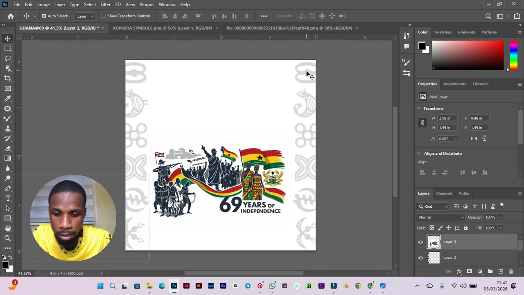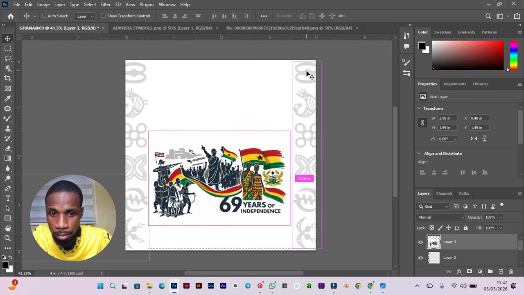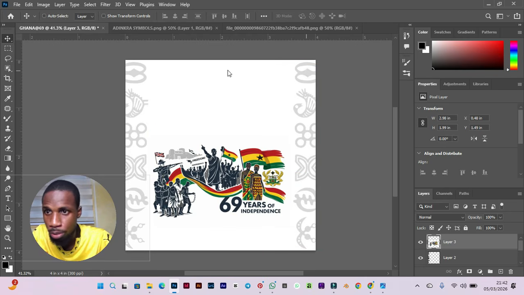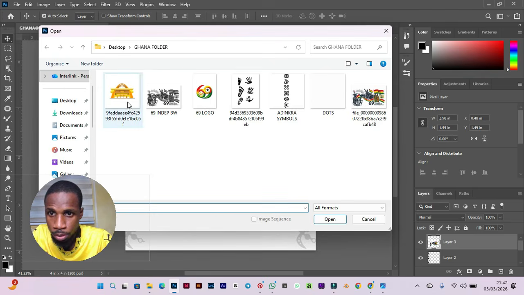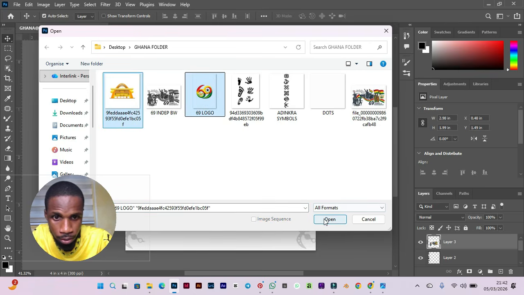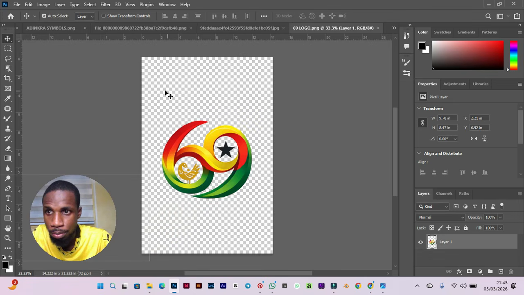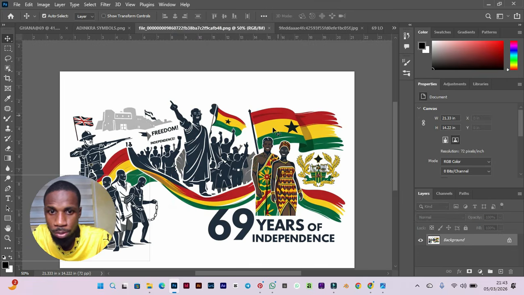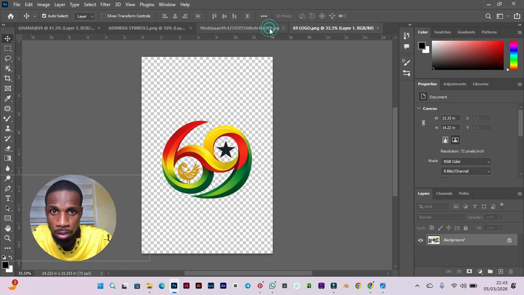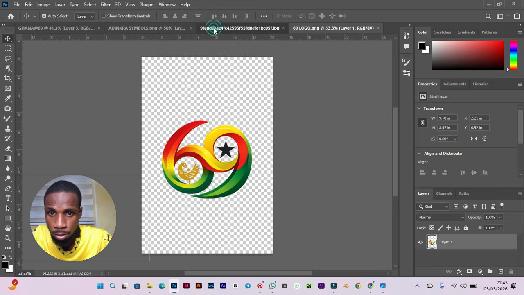So now let's go ahead and get the other elements, the other images that we want to work with again. So Ctrl O to open your folder. So now let's pick this element in the 69. So pick them up, open them here. Very good. And now, we've already taken this image to the document that you are working in, so you can close it. And this one too,